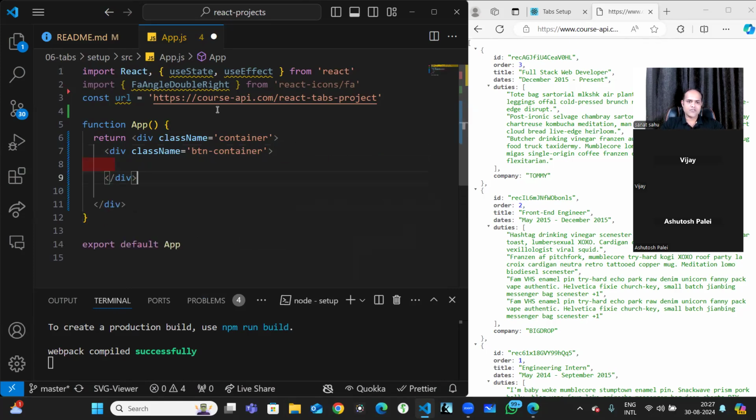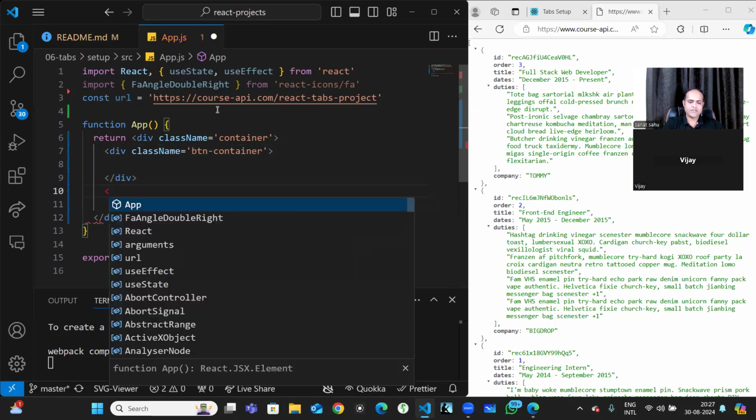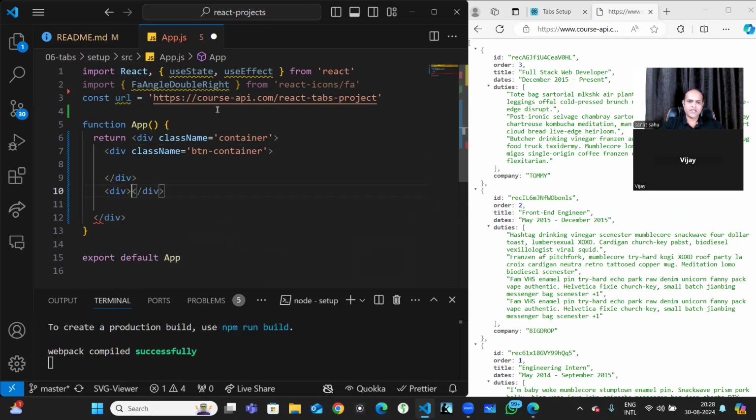Now this button container is over. Now we'll create one more div with a class name of data, maybe employee data. Simple. Okay. Now what we'll do is that in the button container, I'll be having the list of buttons related